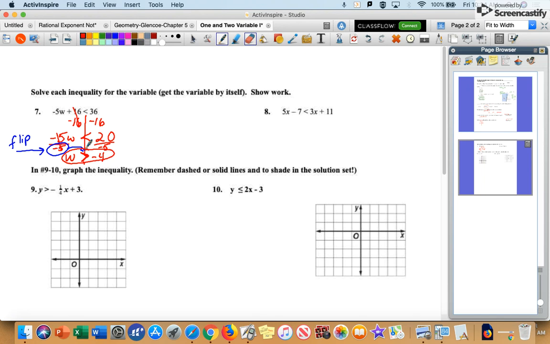Number 8, similar question, but this time we are going to have to do maybe a step or two more. And so notice we have our variables on both sides of